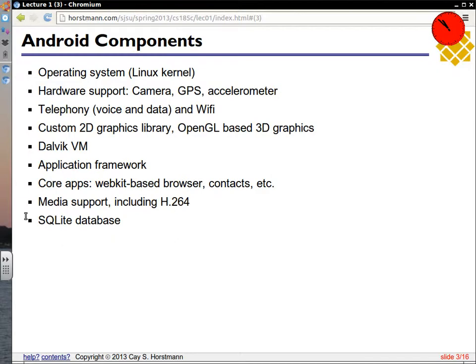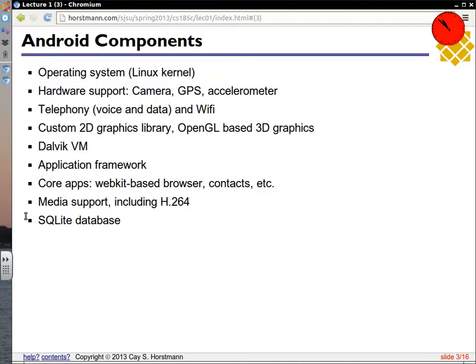Android is based, at some point, on Linux. So your phone is a little Linux computer. You don't normally see that as an Android developer. That part is completely hidden from you. You see it a little bit when you connect to it and you see a Linux file system in there. But generally, that's something that a device manufacturer or someone who writes device drivers needs to know about. But we really don't. So part of the Android platform is support for the standard hardware that you'll find on the phone: the camera, the GPS, the accelerometer, and of course support for telephony, both the voice and the data bands, and for Wi-Fi.